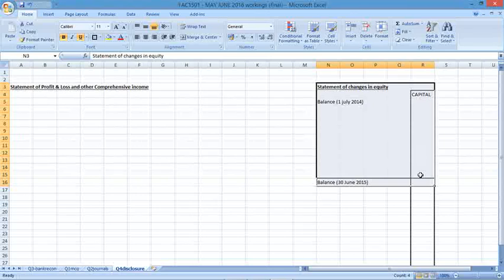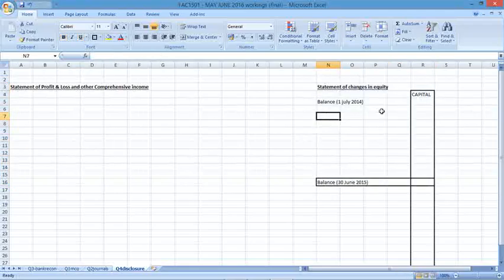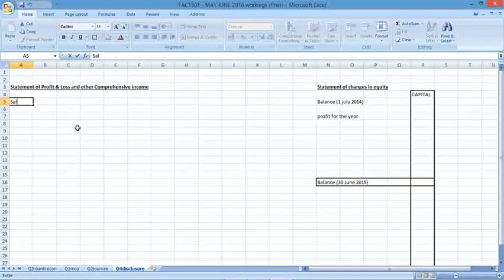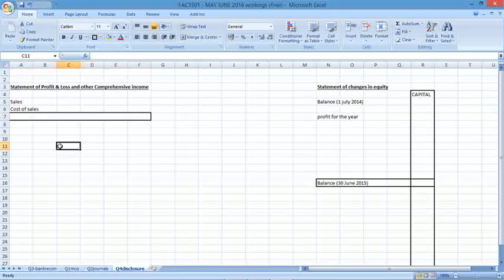Okay, obviously format is something that you need to learn and study. So have a look at the study guide examples, or even look at the textbook. Well, yeah, the study guide is the textbook, so have a look at that and see what the actual format is. Okay, then obviously in the statement of changes in equity, you'll have profit for the year. The owner is obviously entitled to the profit. The profit we get from the statement of profit and loss and other comprehensive income. In that statement, you always start with sales and you less the cost of sales. Okay, so sales less cost of sales is going to give us a total for gross profit. Then I'm going to have other income,